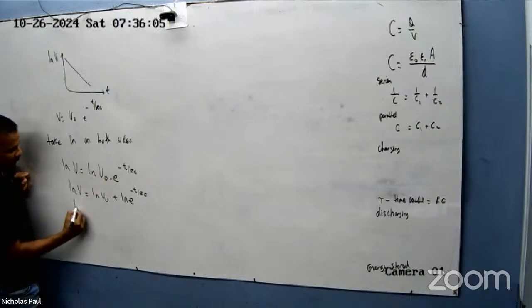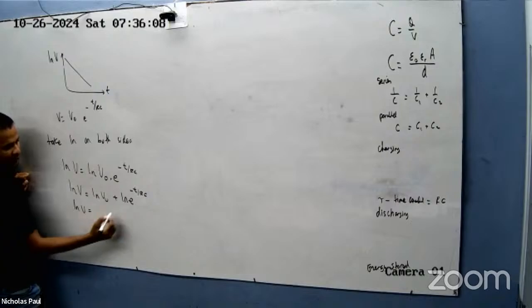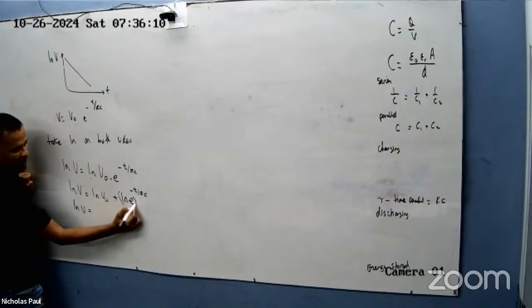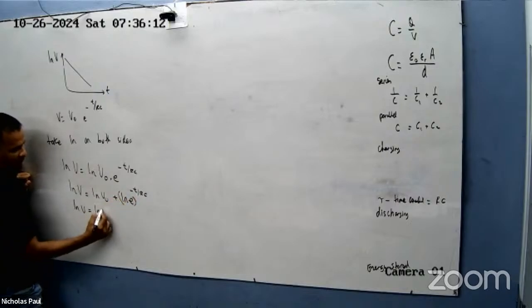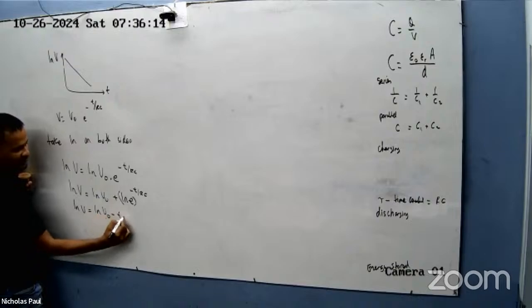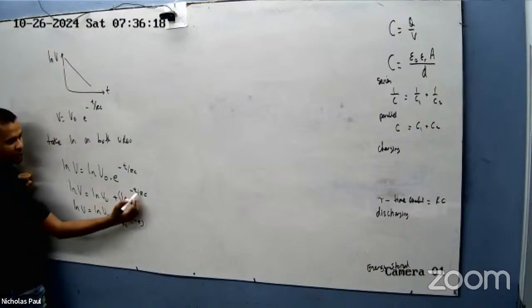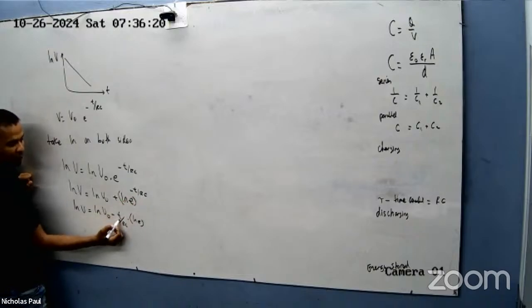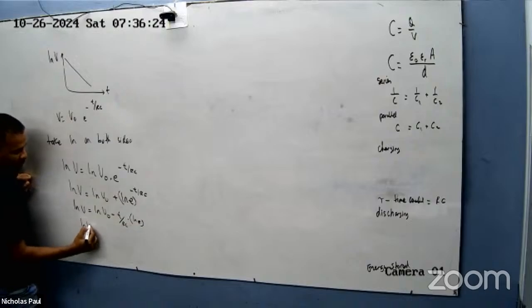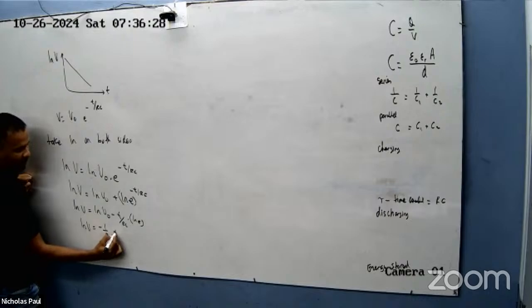And I can bring the power down, so I'll get ln V naught minus t over RC times ln e. And ln e is 1, so I have ln V is equal to minus 1 on RC times t